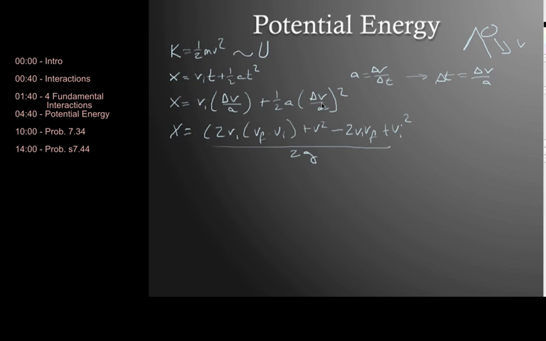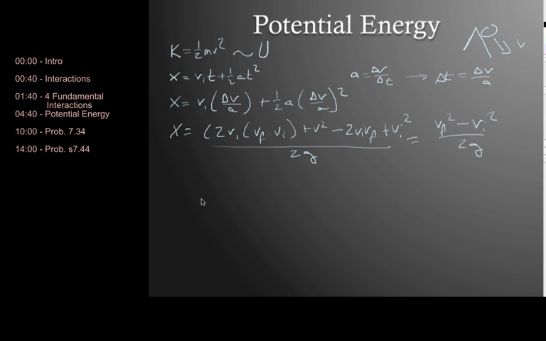We can go ahead and plug in a equals g. And so what we'll find is that this actually simplifies a great deal to v final squared minus v initial squared over 2g. Now you don't need to bother with how this is derived, but the really crucial result is, let's just multiply this